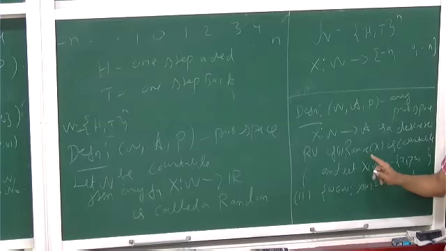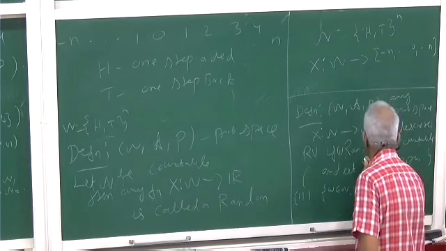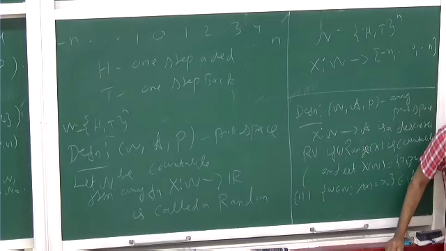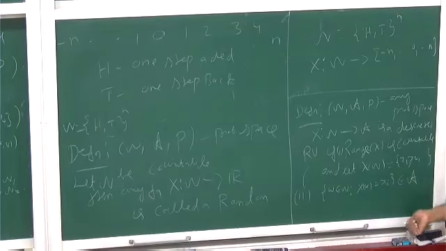This is the range. Okay, the range of X is countable. That is X of omega, which is the range, which is x1, x2, and so on. It's countable. You can enumerate it. So when it is countable, for each xi, this set is in the sigma algebra. We should be able to talk about the probability of this set. This should be in the sigma algebra. That's all.